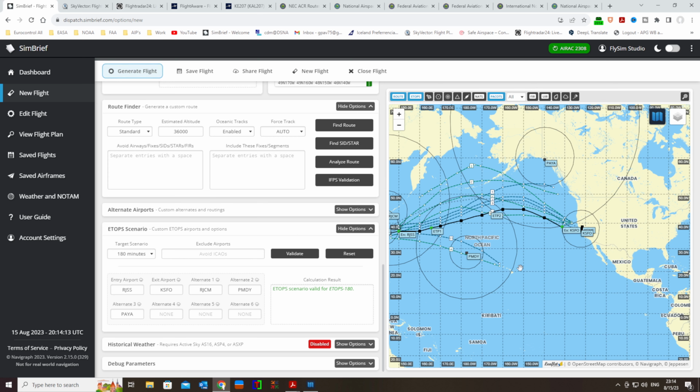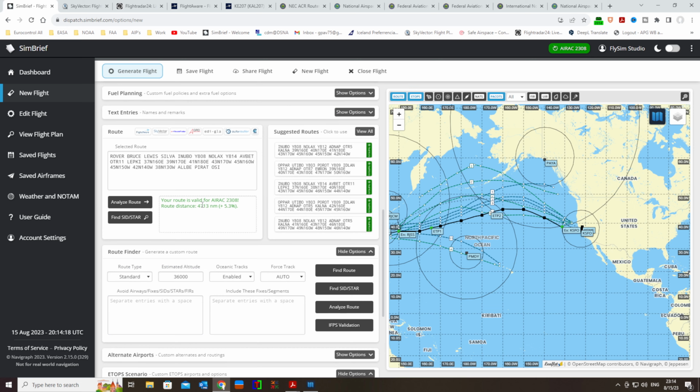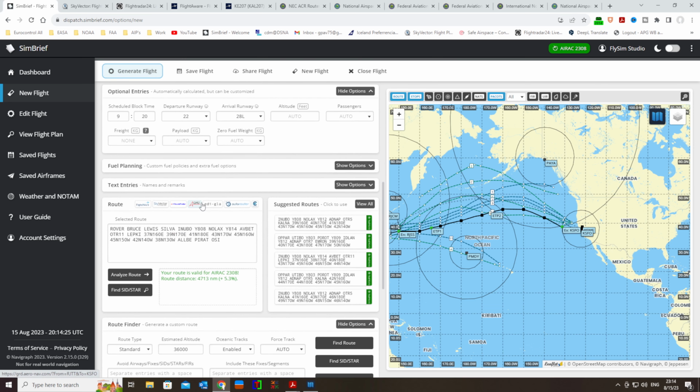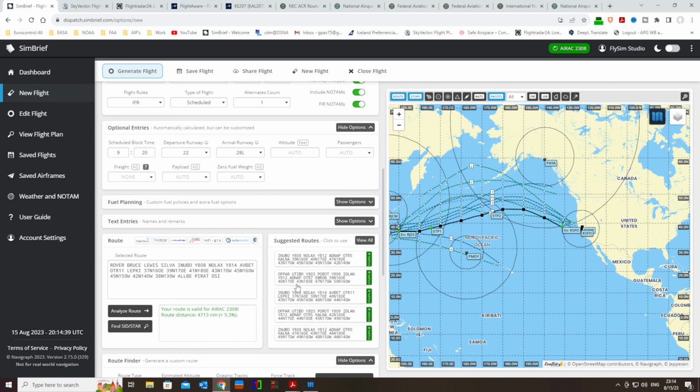So guys, that was it. That was a test for Simbrief. I keep on testing Simbrief because it's everyone's favorite. However, I'm just telling you from my point of view, it's not the best software to use. It's really pretty lazy and not following accurate procedures or accurate routes, unless we have some forward routes available. And I would love to see more